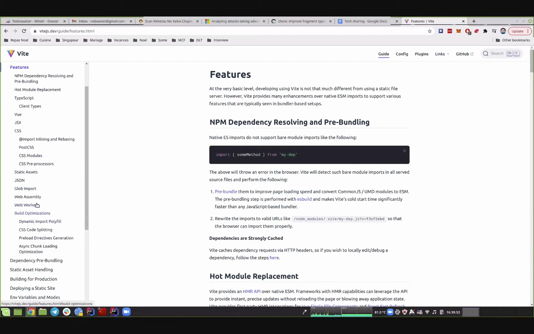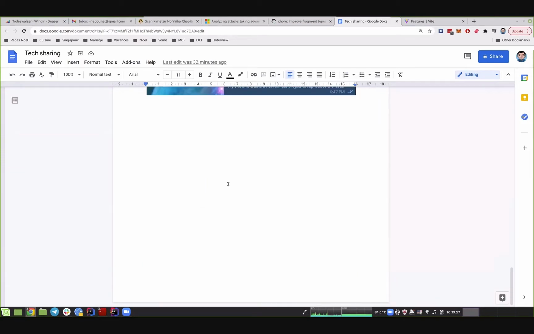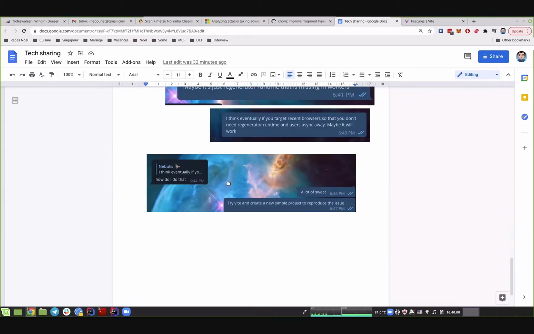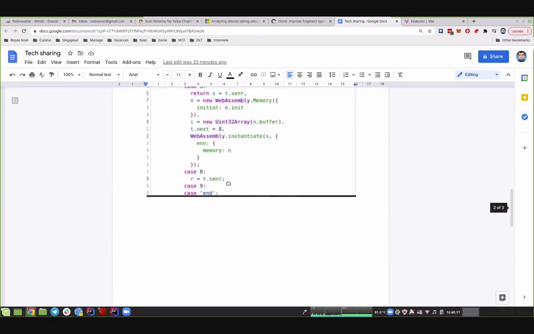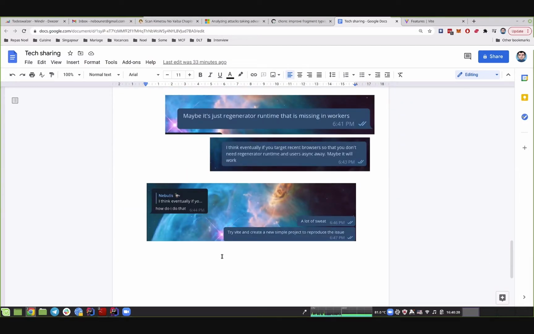And there are web workers as well, which is actually interesting because I didn't mention the reason for the issue that Raymond faced. Raymond was using web workers, and what happens with Create React App is that when it bundles the application, it won't add a regenerator runtime directly inside the web workers. And it turns out that Raymond didn't listen to me, actually. He didn't try to use Vite. What he did was spend a lot of time trying to compile his project for modern browsers, and that fixed his issue. He was able to use his application correctly.